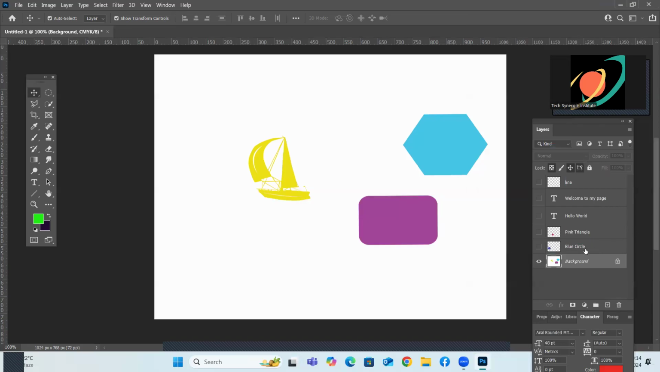So it will merge all the visible layers into one single layer, and thereafter merge करने के बाद